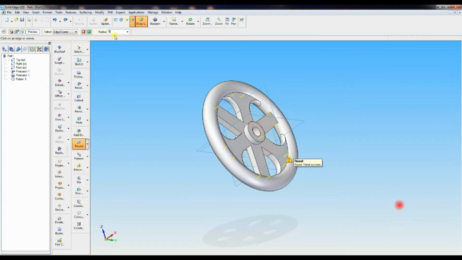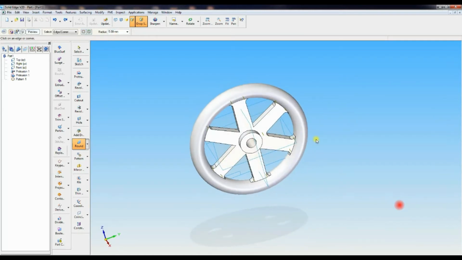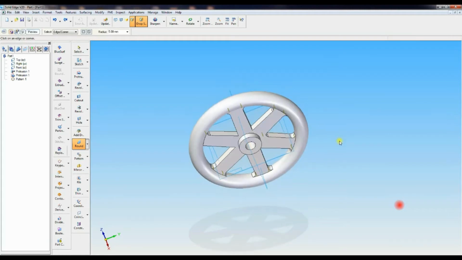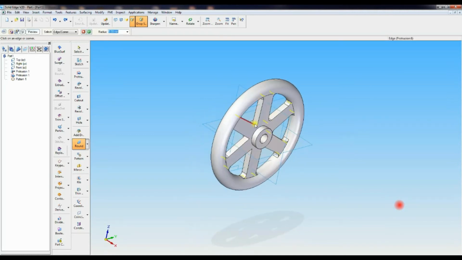Likewise, select all edges. One more is pending, that part is also pending, that line and that one.